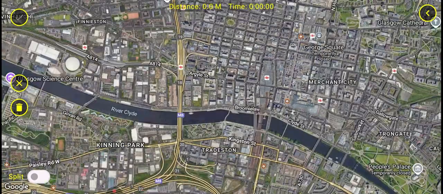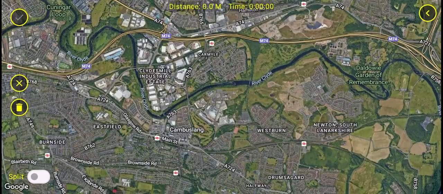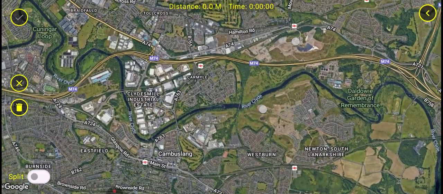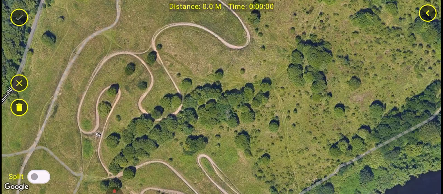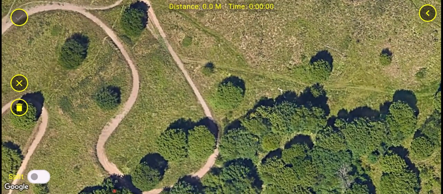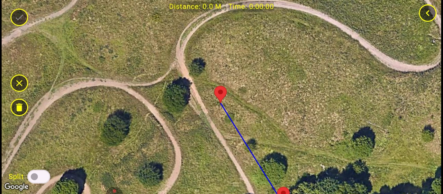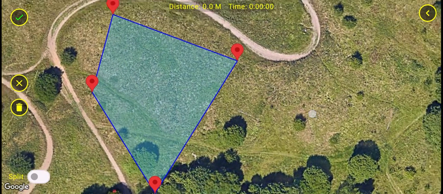And now I'm going to create a 2D flight, for example. So let's go to... Once you have zoomed and scrolled into the area that you want, you simply do a single tap to drop a marker, and you can use these markers to define an area. As you define an area,